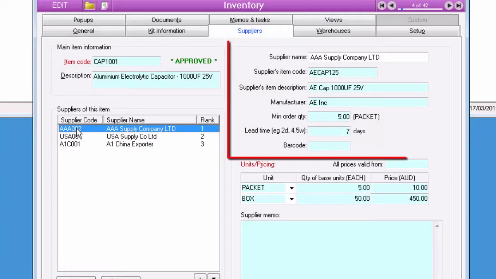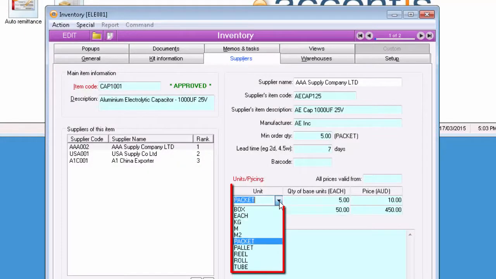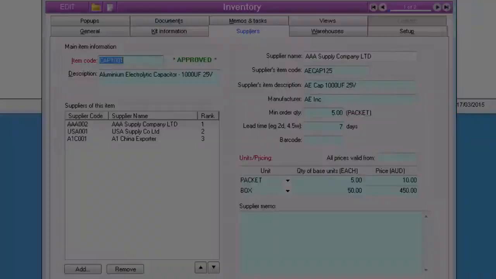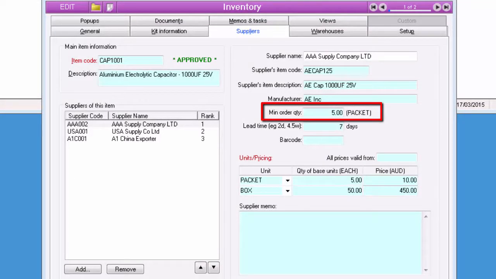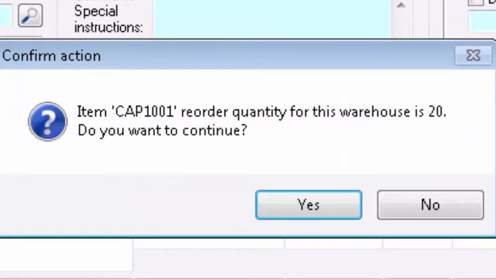Suppliers' part codes can be stored and displayed on purchase order printouts, eliminating any confusion about which parts you require. Multiple units of measure with conversion factors make it possible to purchase in any unit of measure that you choose, and have the system automatically convert to your base unit upon receipt. Minimum order quantity warnings ensure that you don't order below your supplier's specified minimum order quantity, and therefore avoid costly